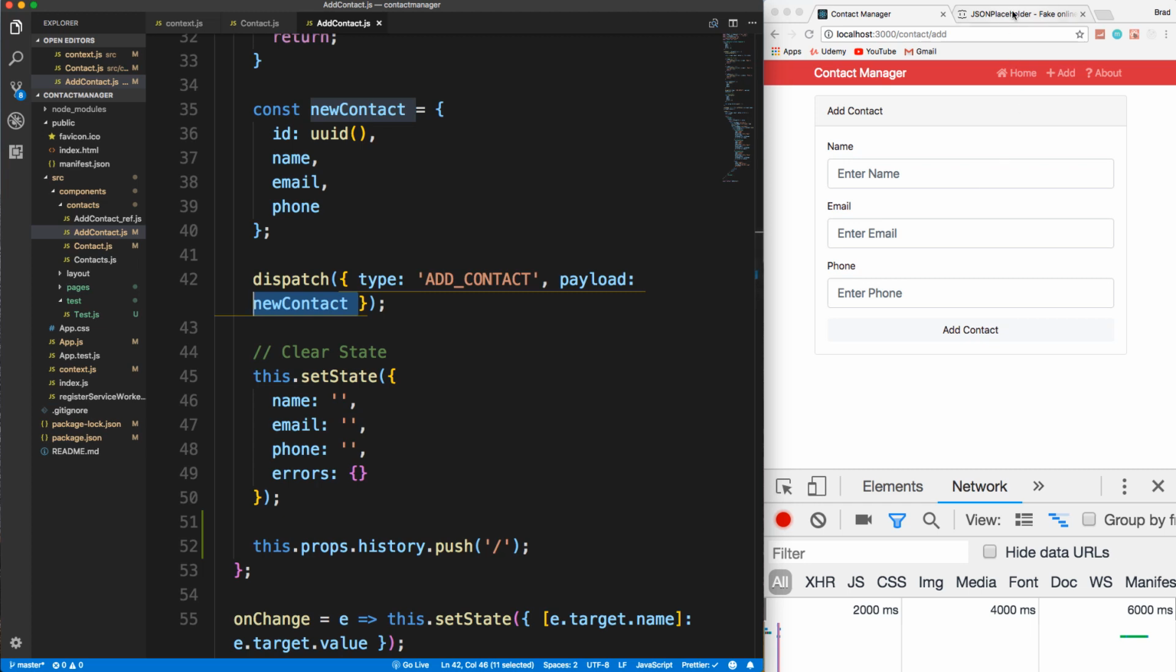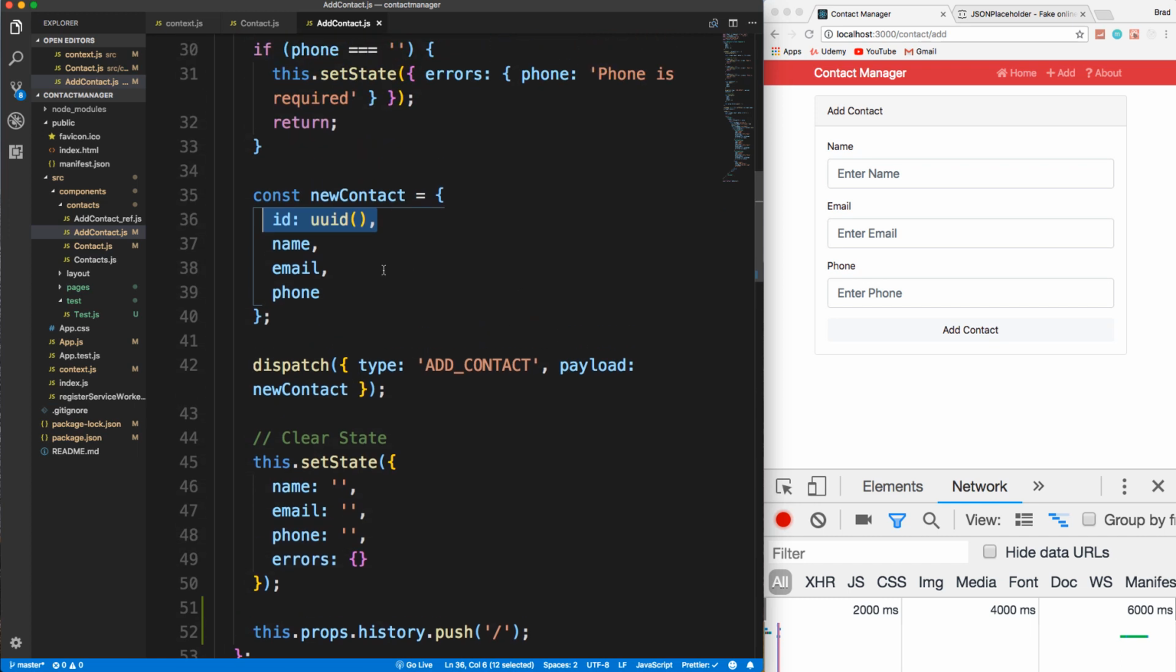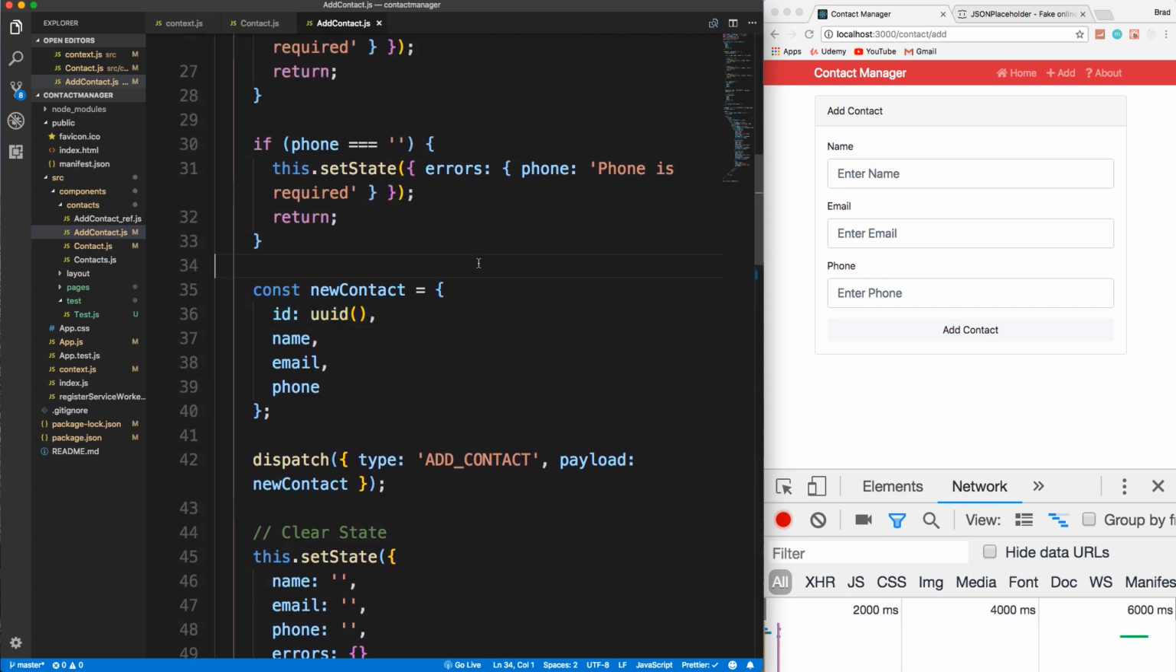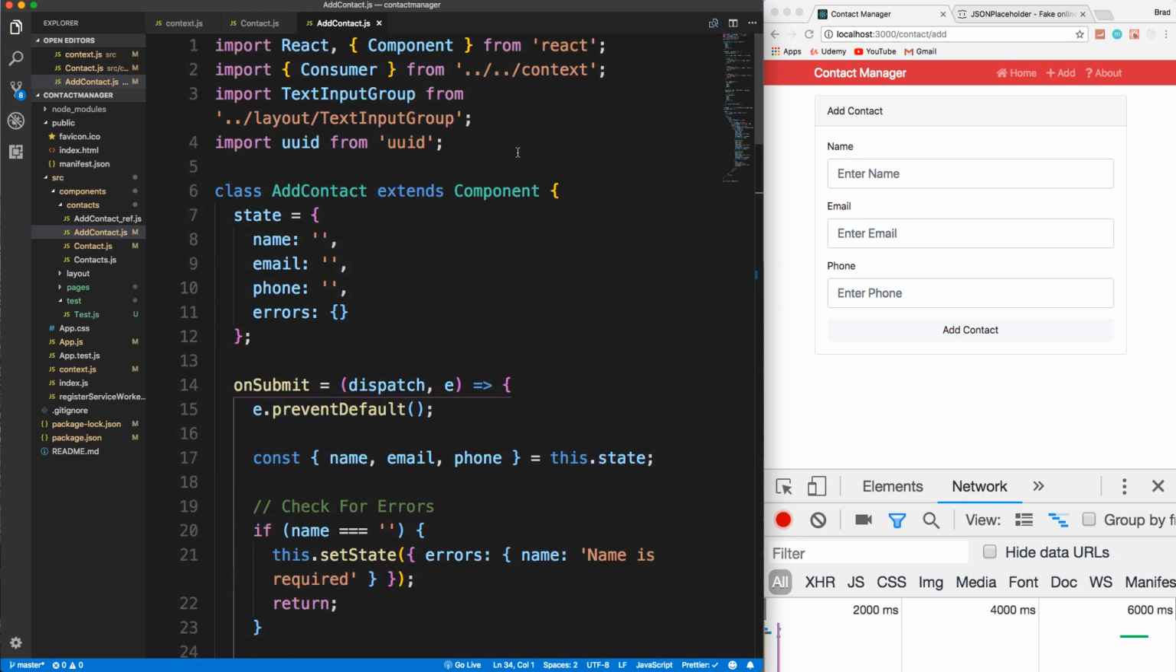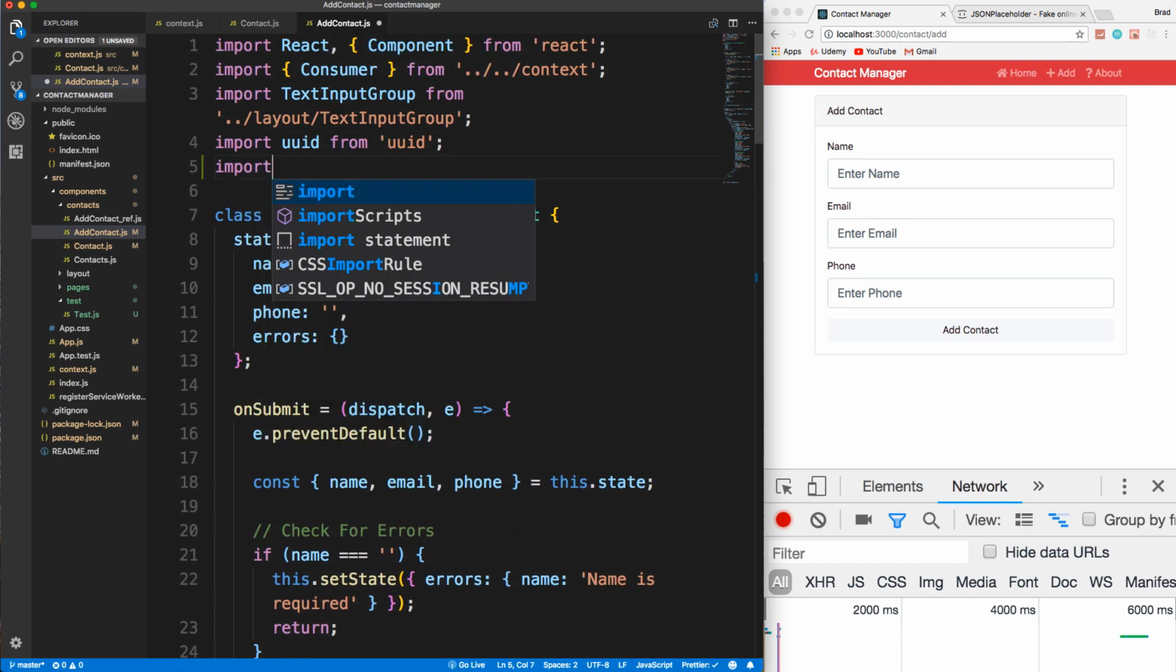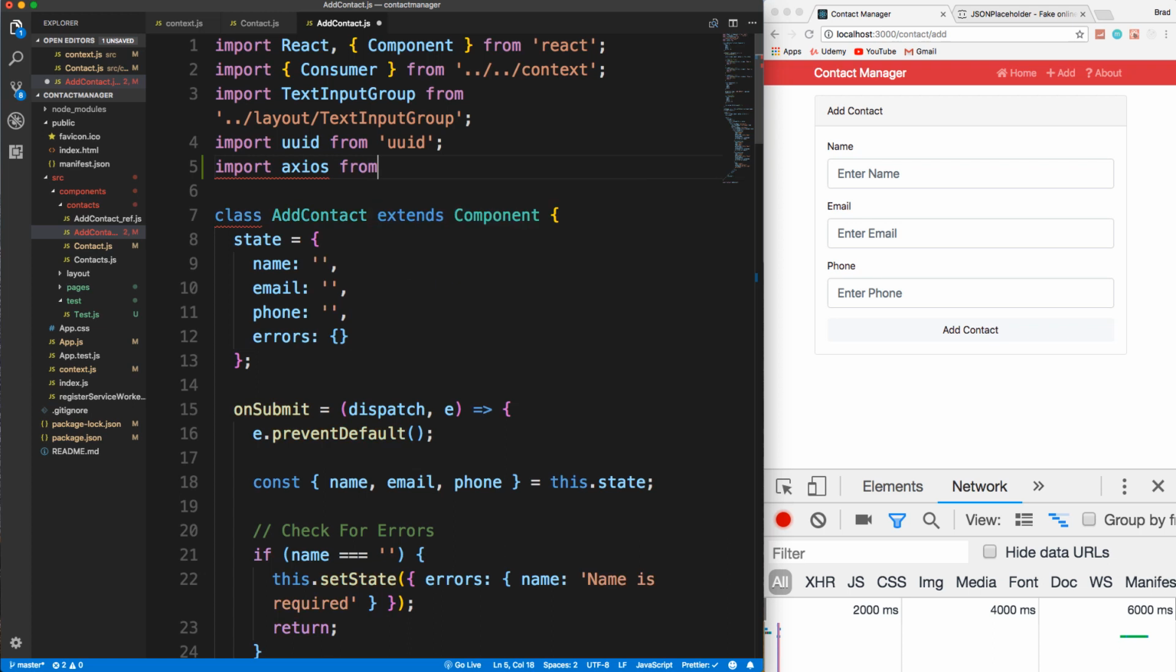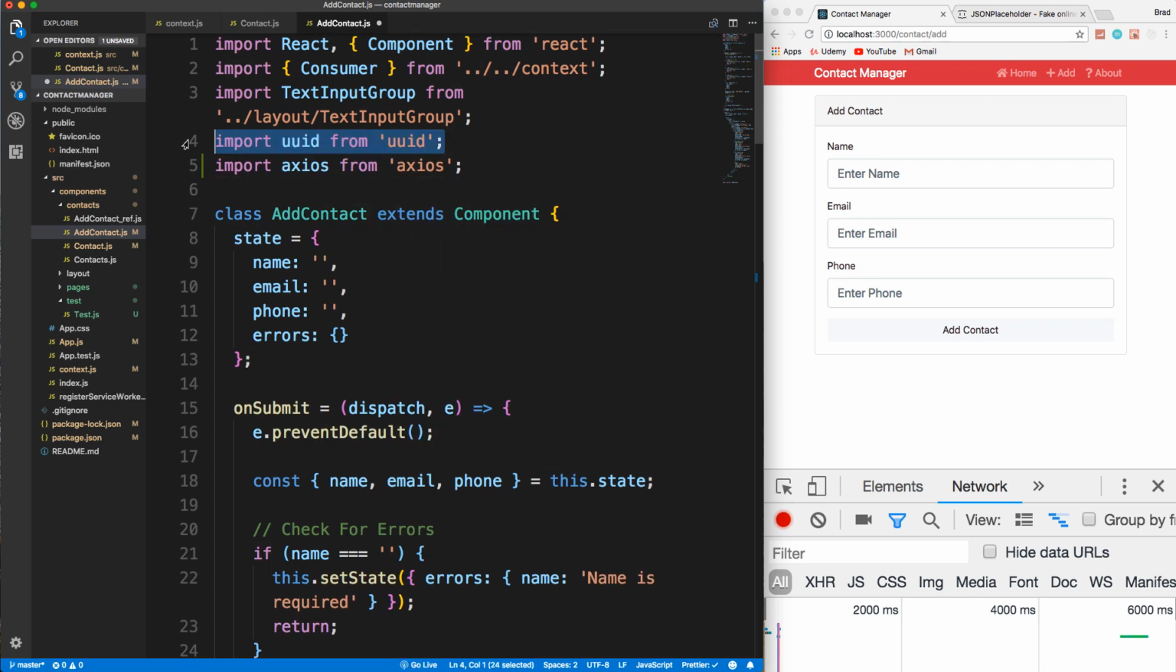request to JSON placeholder, it'll give you the user we create back along with its ID. So it actually creates the ID automatically. So that's another thing we have to change, because right now we're generating an ID with this UUID, and we don't want to actually send that. So what we're going to do here is bring in Axios